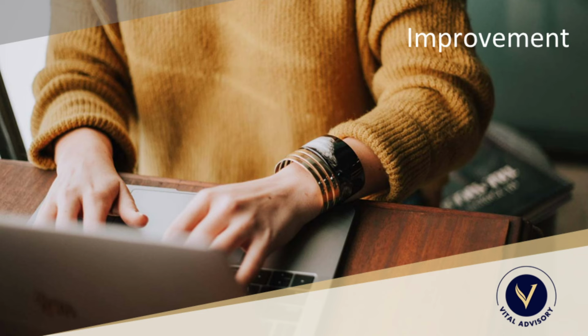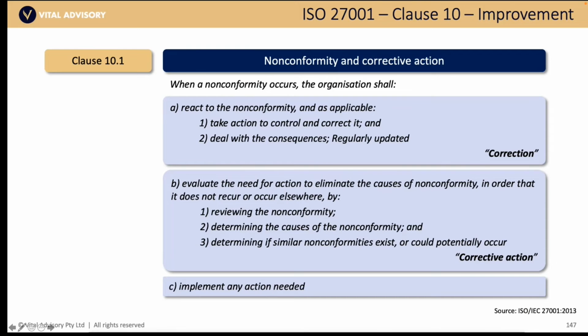All right, clause 10, improvement, continual improvement. Clause 10.1 talks primarily about nonconformities and the rigor that goes into it. If you're going to be certified, and I presume that most of you, as I've said a few times, are probably not, but if you are, you need to have both corrections and corrective actions. So just to explain that,